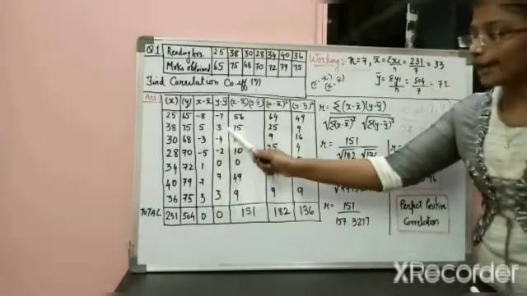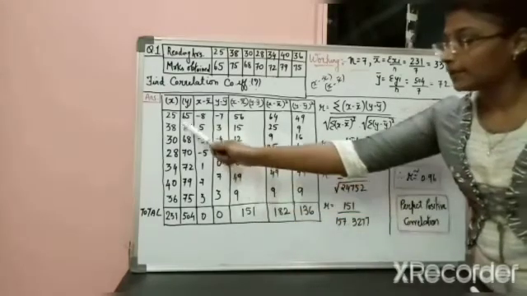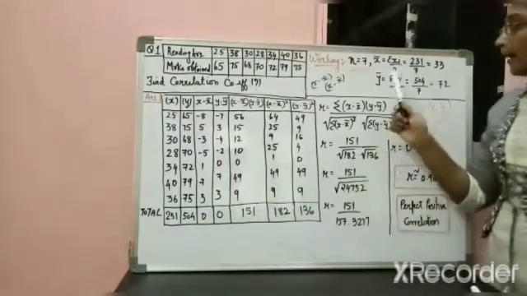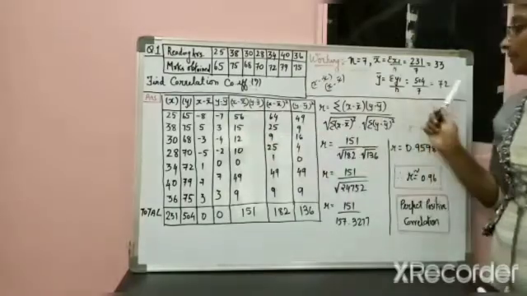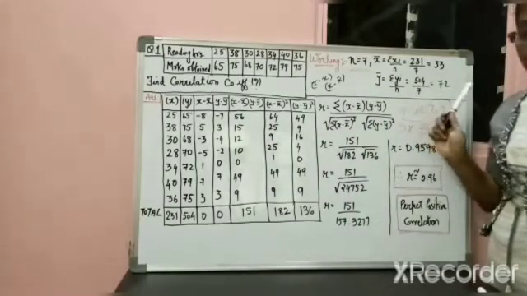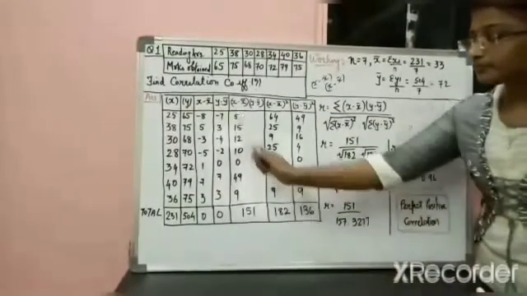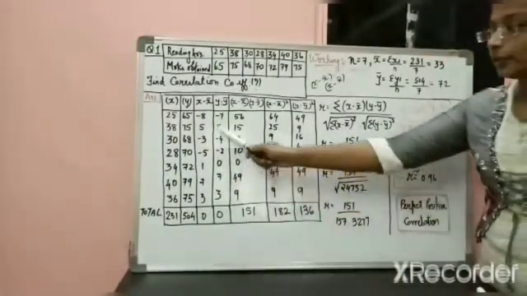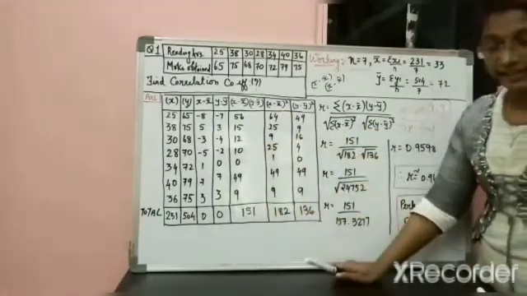Now the same you have to do with your y minus y bar column. How would you do? See, y for the first candidate is 65 and y bar is 72. So deduct 72 from 65, then you would get your answer as minus 7. Clear? Again, 75 minus 72. Your answer would be 3. Like this you have to do for the rest of the candidates.